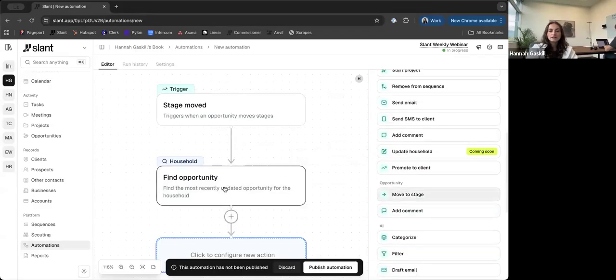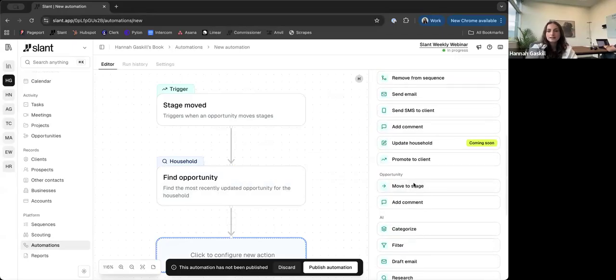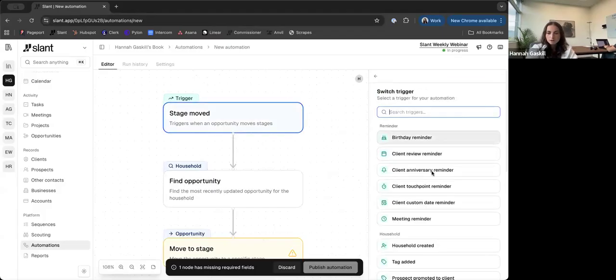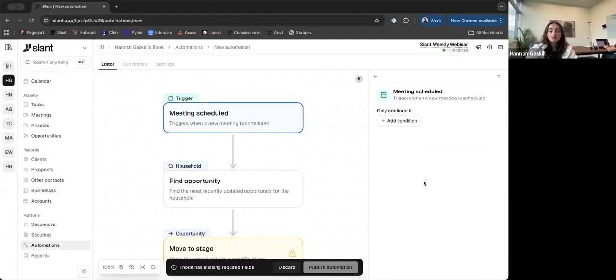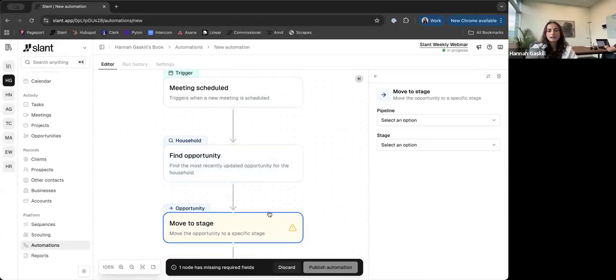And so you could find the opportunity and then move it to a specific stage based on something happening. So if you wanted, I probably wouldn't do this trigger, but you could say, hey, if a meeting is scheduled with the title discovery meeting, then I want you to find the opportunity on this pipeline and move them to the connected, or let's see, I think there's a meeting scheduled stage. And so there's ways even for you to automate people moving to specific stages based on actions happening in the